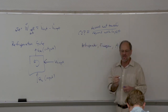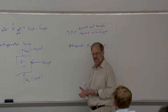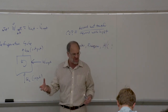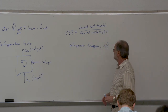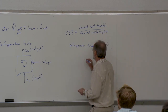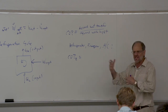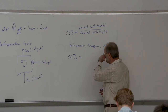In this situation, the desired heat transfer, the numerator, is the amount of heat that we're able to pull out of the space that we're trying to keep cold, right? I mean, that's all we really care about in our fridge and our air conditioner, is just keeping cold. We don't really care how much heat gets rejected out into the environment. We're concerned with how much heat we can pull out of what we're trying to keep cold. So in this particular case, we use a subscript R. Nominally, that's for refrigerator, but again, it still applies to freezers, air conditioners, ice makers, that kind of stuff, chillers